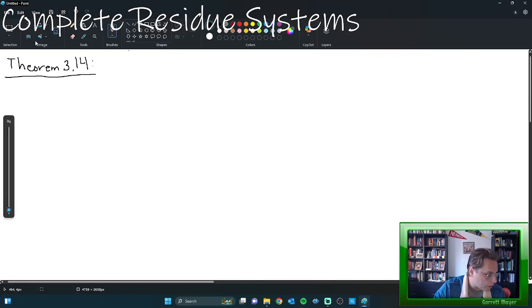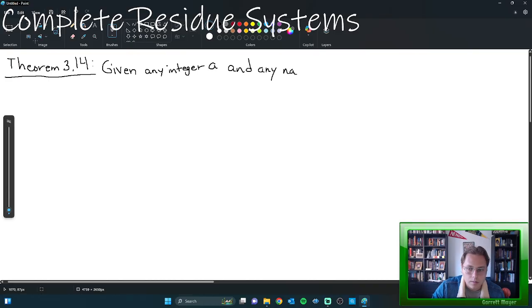So theorem 3.14 is basically saying, given any integer A and any natural number n, there exists a unique integer t